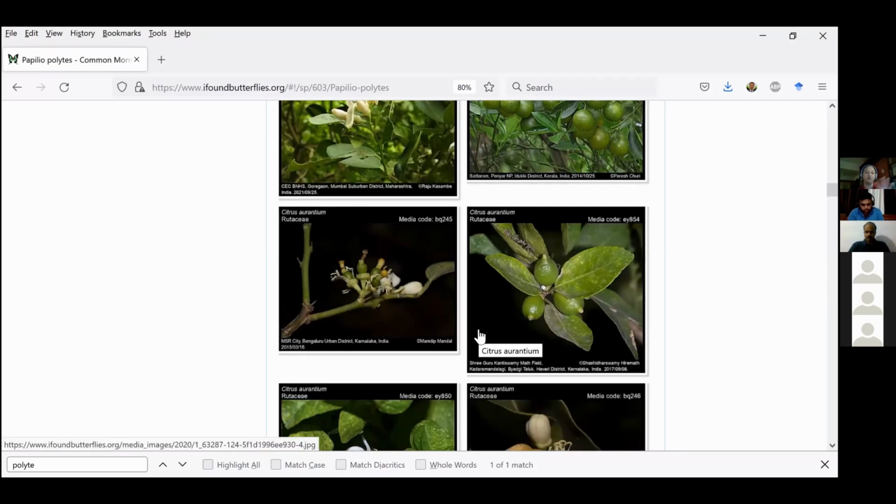So this is, I think, one of the best resources where you can get information on plants. And of course, you can't plant 50 species of plants in your garden. So if you want to focus on just a few species of plants, you can look through our Butterflies of Bengaluru book. It was published last year and copies are available. You can search for them online and find them.